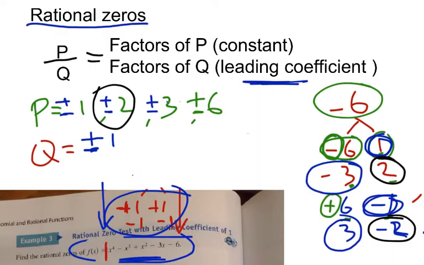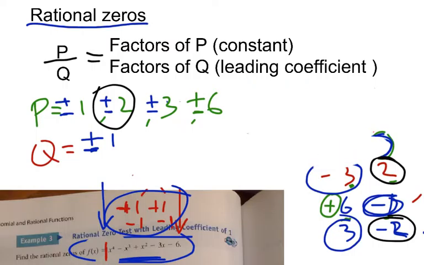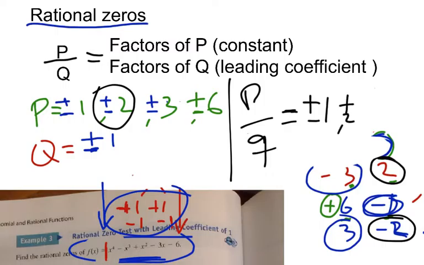Now I want to do P over Q. I'm going to get all the factors of P: plus minus 1, plus minus 2, plus minus 3, plus minus 6, divided by 1. When I divide anything by 1, I get the same number. So in that case, my factors are plus minus 1, plus or minus 2,